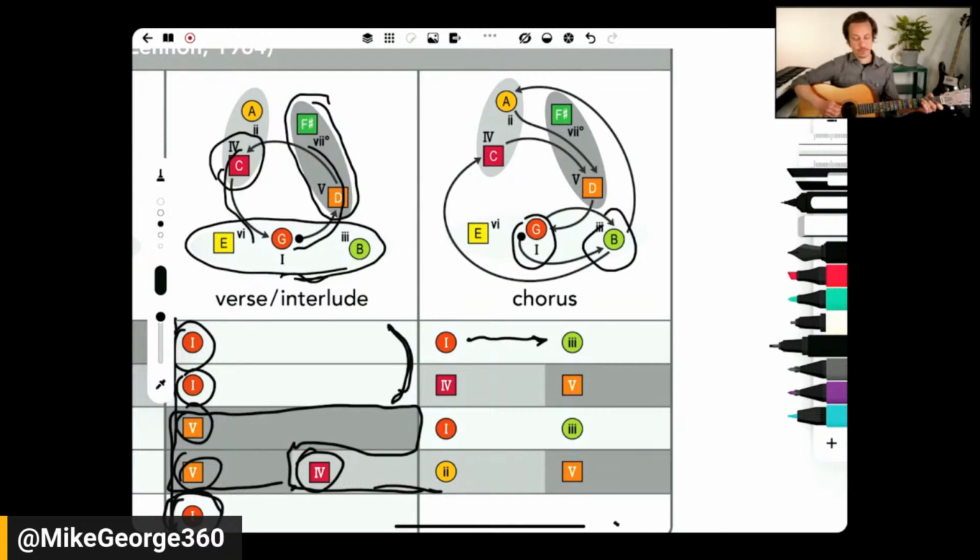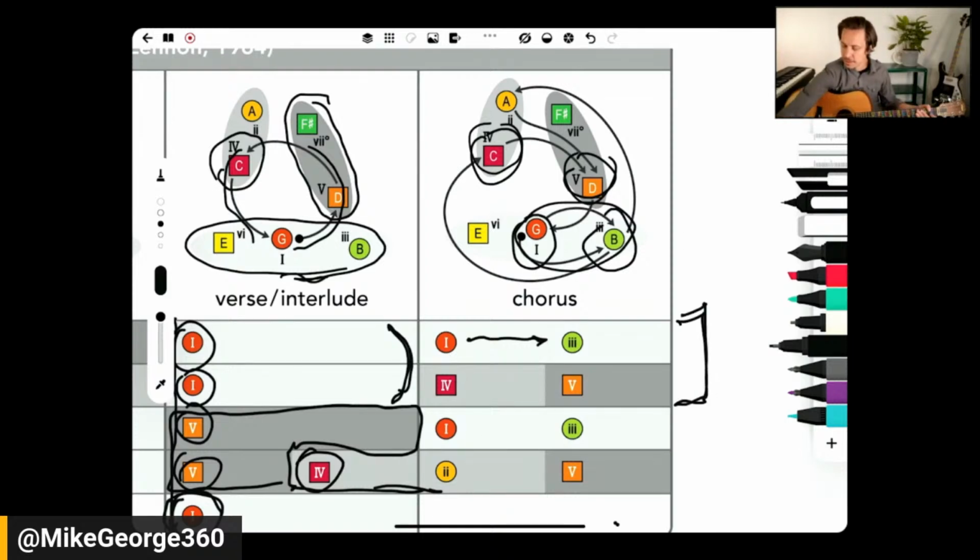And then we go to a 4 to a 5, or to a chord of change, and then tension. So it's stability, stability, change, and tension. And you can see in the heat map here that that's what those gradations are showing us. It's 1, 3, 2 chords of stability, and then a chord of change to tension. And so we go to that 5 and we're like, we've got to do something with that. It's pent up tension. So then we go back into the 1, 3, 2 chords of stability, and then another chord of change, but